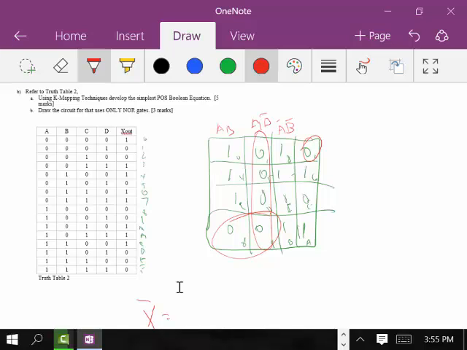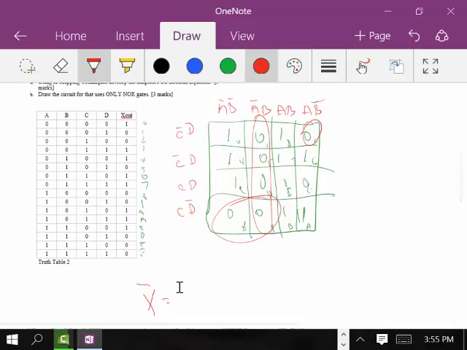This should be A dot B naught, A naught B, A B, A B naught, right there. But there's C naught D naught, C naught D, C D, C D naught, right there. That looks right. Okay. So this line here is A dot B